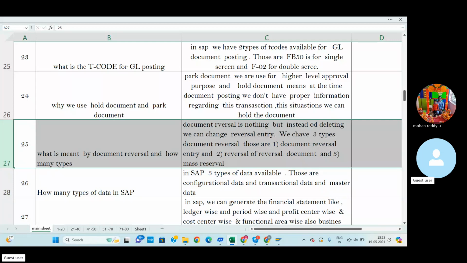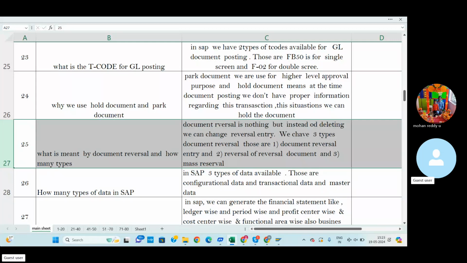One is the document reversal entry. In a situation where an end user posted an entry wrongly by mistake, instead of the debit ledger side he kept the credit ledger, and instead of the credit ledger side he kept the debit ledger, then the GL balances will be different.